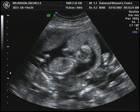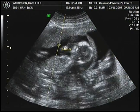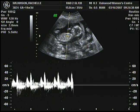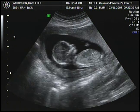One of the other things I wanted to point out is that you can actually see their hearts, and on the ultrasound machine you actually move the little cursor over the heart to measure the heart rate. We measured the heart rate on each of these babies, and they all came out to be between about 144 beats per minute to 150 beats per minute, which it turns out seems to be perfectly normal for babies, so